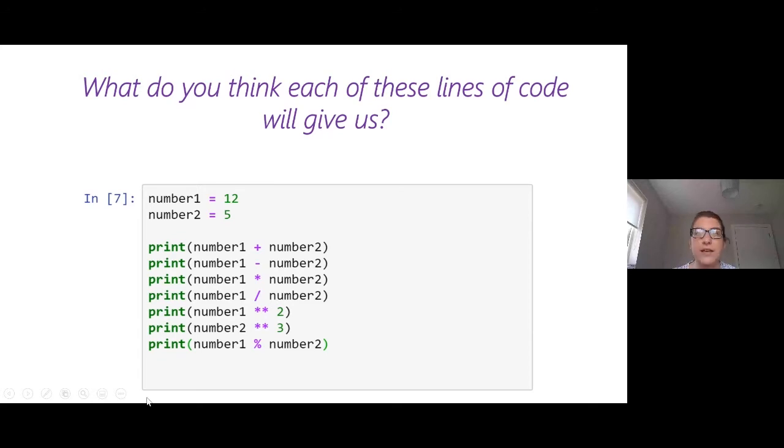And we assign the variable 5, okay? And then what we want to do is print the sum of those things. If we do, for example, the first line you can see there, we can say print number 1 plus, so we're using our operation that we just looked at in our last slide, plus number 2. But then we can substitute the different symbols we've just learned about. So instead of addition, maybe we want to subtract, or maybe we want to multiply, or maybe we want to